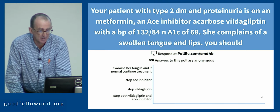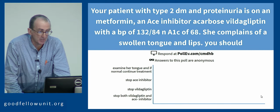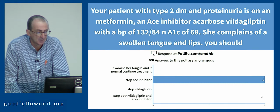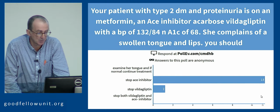This is slightly more current. Your patient with type 2 diabetes and proteinuria is on metformin, an ACE inhibitor, acarbose, vildagliptin. That's her blood pressure, A1C of 68. She complains of a swollen tongue and lips. You should...